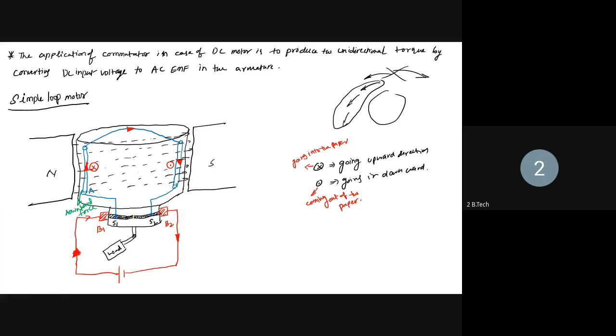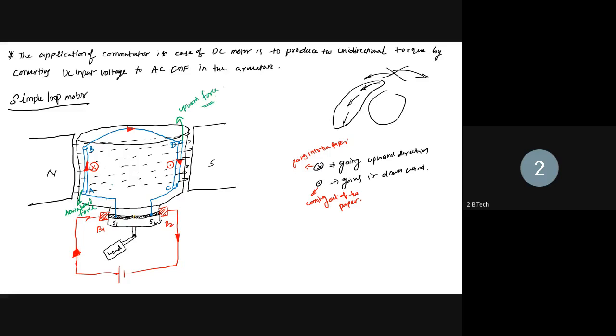But whereas if you apply the same rule for the conductor CD, let us name the conductors here. So this is conductor AB and this is conductor CD. So for the conductor CD, place your forefinger and the middle finger will be coming out of the paper and the thumb denotes the direction of the force. So the force that is experienced on the conductor CD will be in this direction. So it will be the upward force. So that will be developed here.